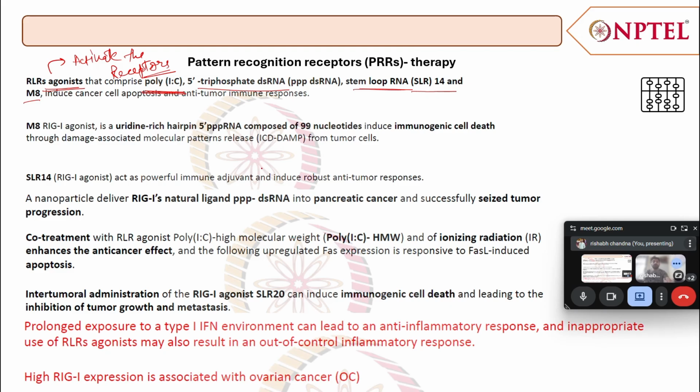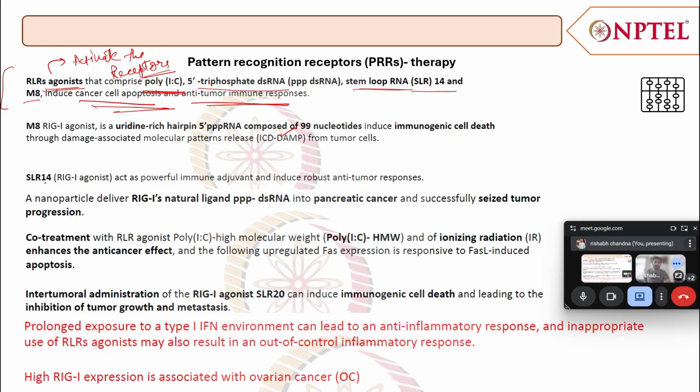Okay, so what will happen if these agonists are given? They can induce cancer cell apoptosis and anti-tumor immune response. So basically, these can be used as an anti-tumor therapy. Whenever we need a therapy for a specific type of tumor, we can inject these directly into the tumor, or we can direct them to the tumors in terms of nanoparticles or any other type of gene therapy, so that they can initiate apoptosis and the anti-tumor immune